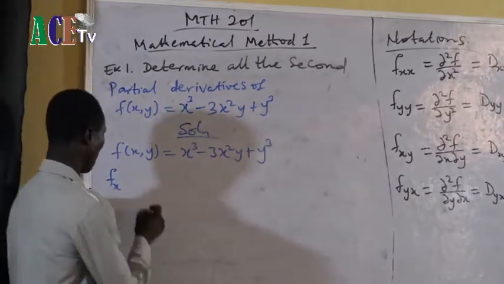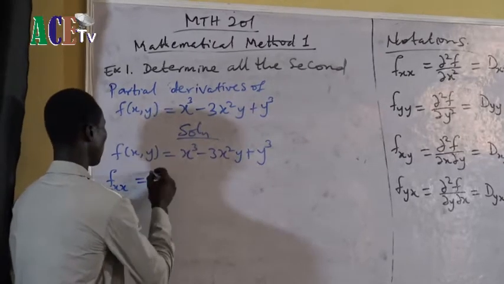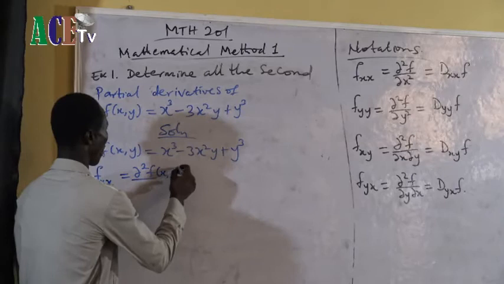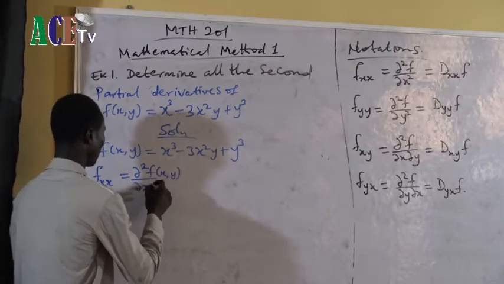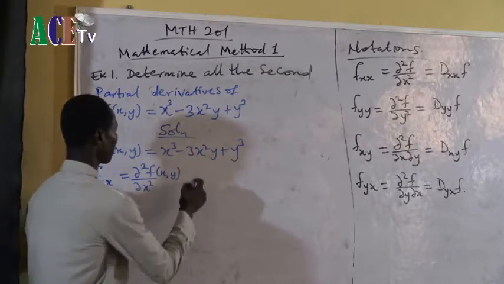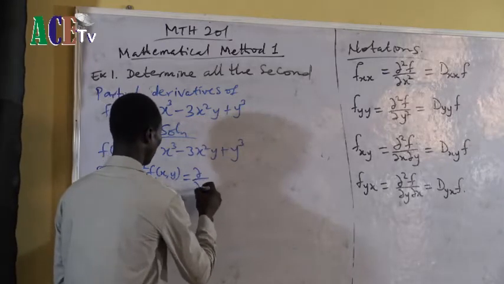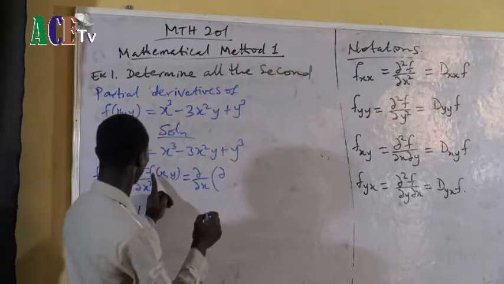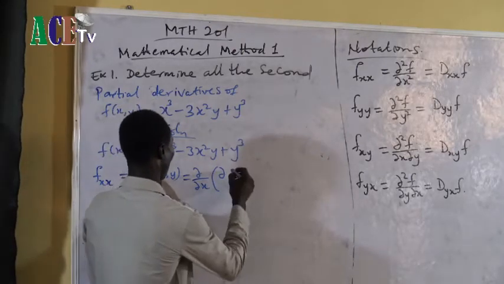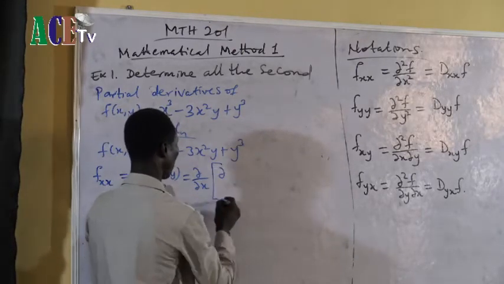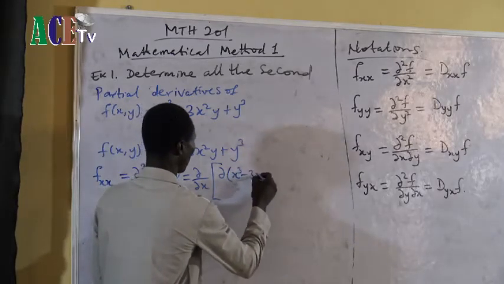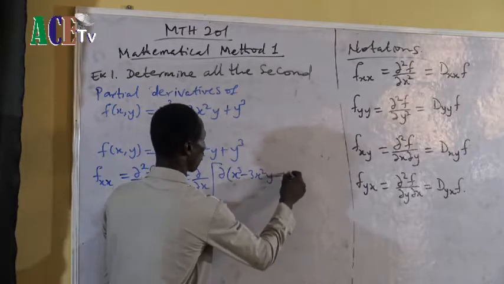First of all, let me say this one is del square f of x comma y, the x squared, which is the x over, let me use bracket, d over x cubed minus 3x squared y plus y cubed